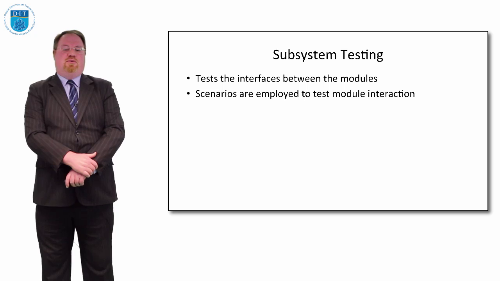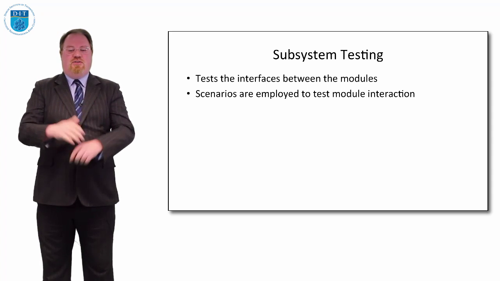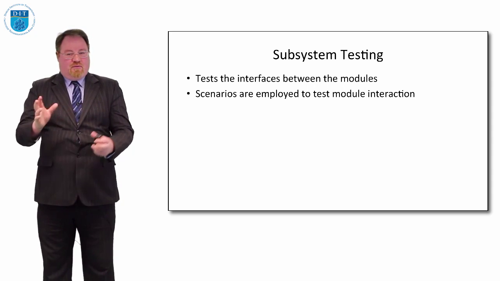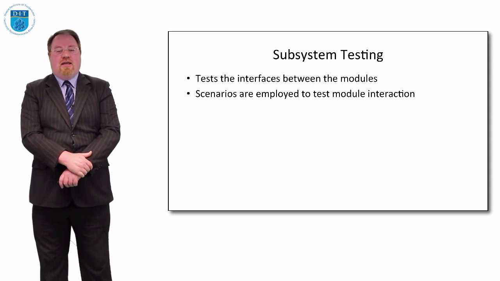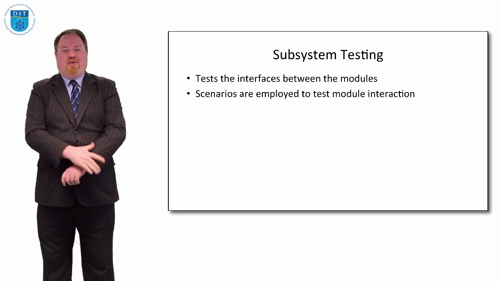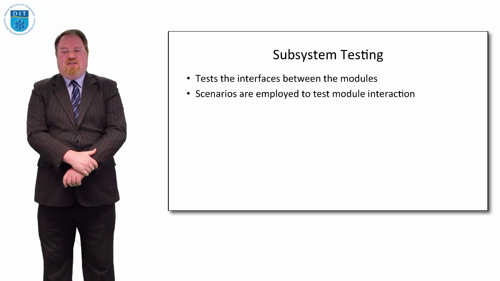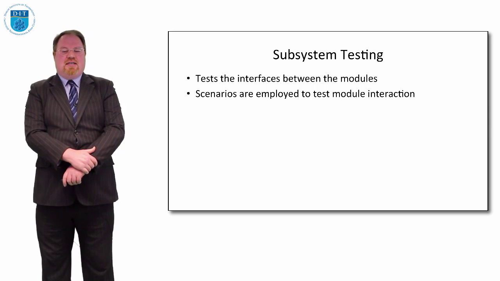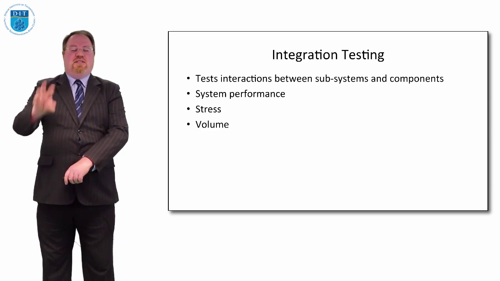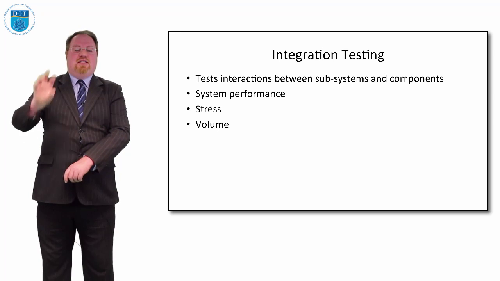Subsystem testing means when we test the interface between two modules, if the value is being passed between one module and the other, is that effectively working in all cases? Are there any error conditions where one module will fail to pass a value onto a different module that's expecting it? And related to that is integration testing, where again we're testing subsystems, but we're looking at things like stress